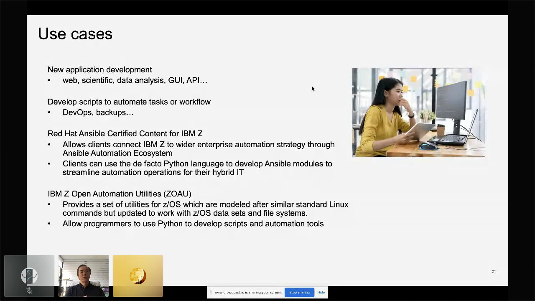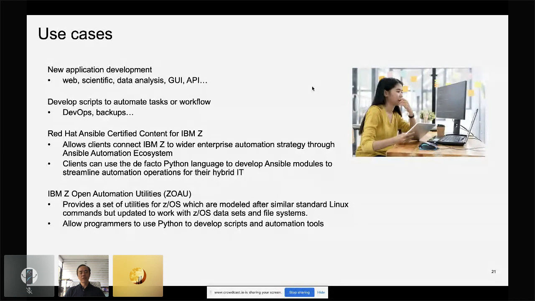So obviously we wanted to look at the operations aspects of deploying applications into the cloud, or into the corporate infrastructure. So Ansible certified content for z/OS allows you to connect IBM Z to a wider enterprise automation strategy, through